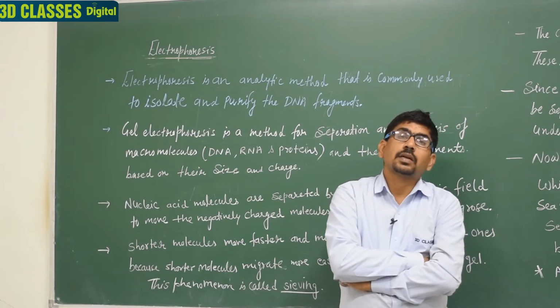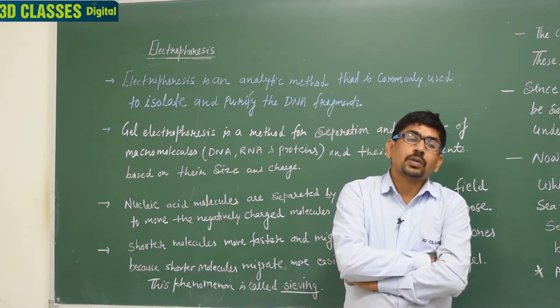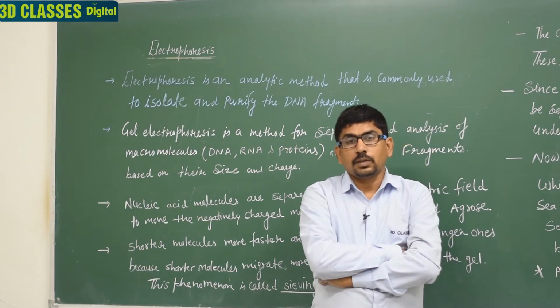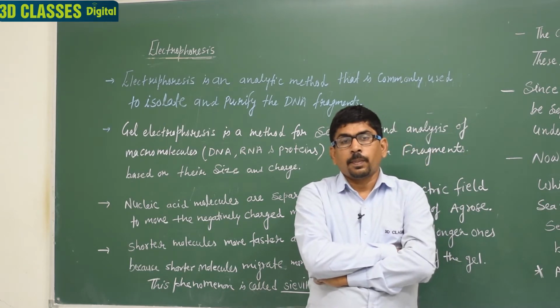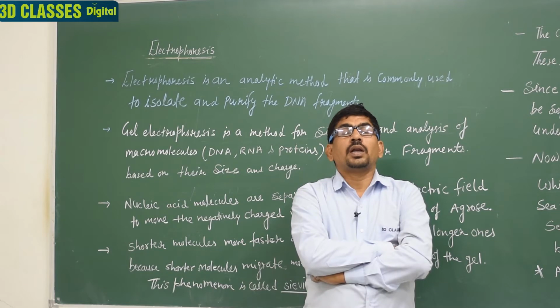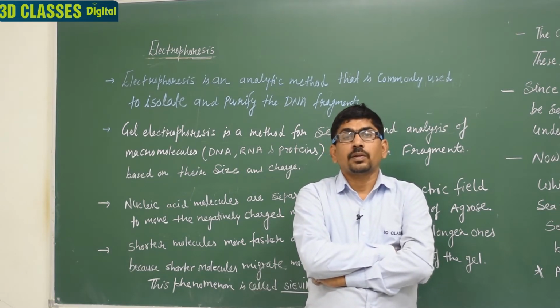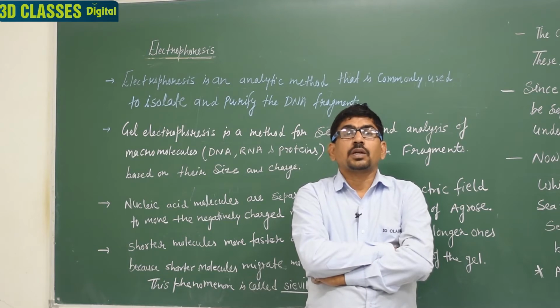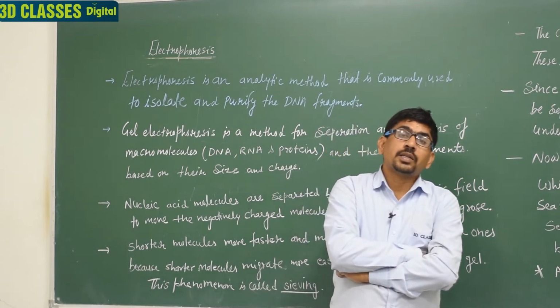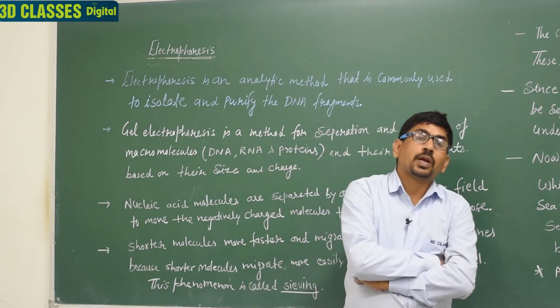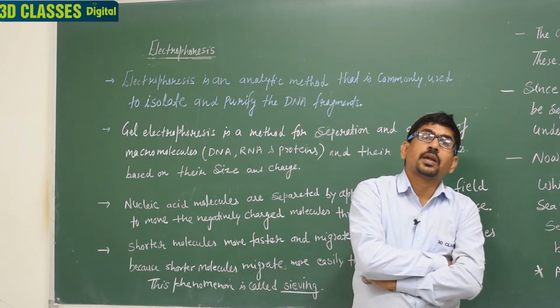The second thing is how electrophoresis occurs. Electrophoresis occurs in an electrophoresis chamber, and in this chamber two electrodes are present, cathode and anode,